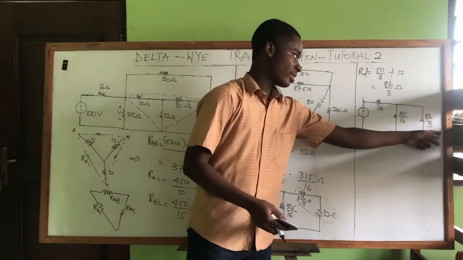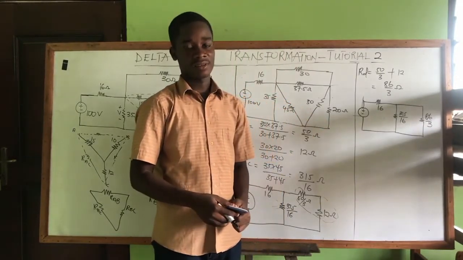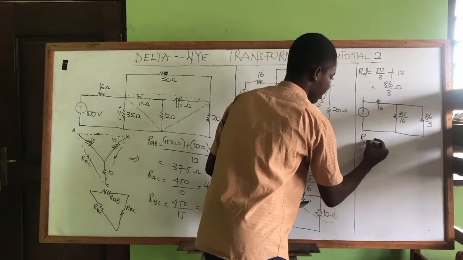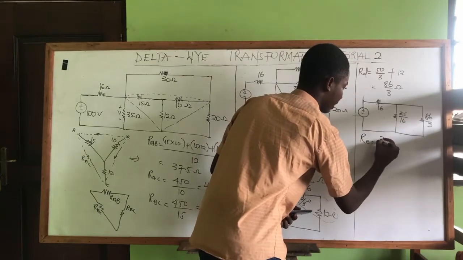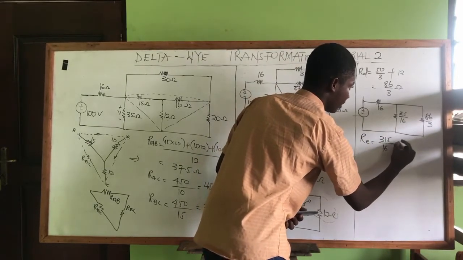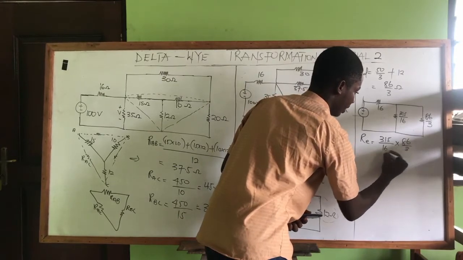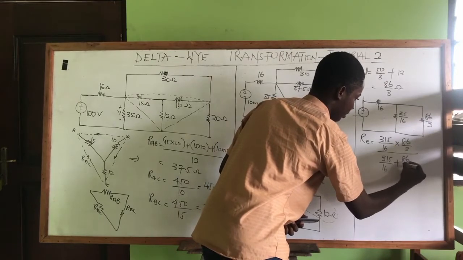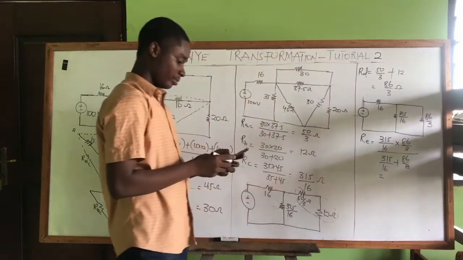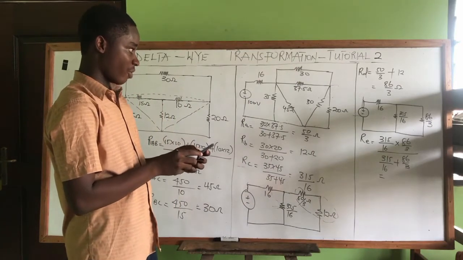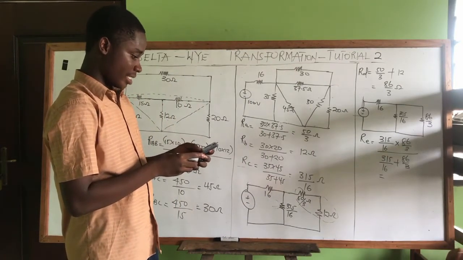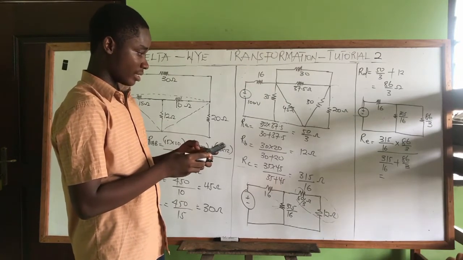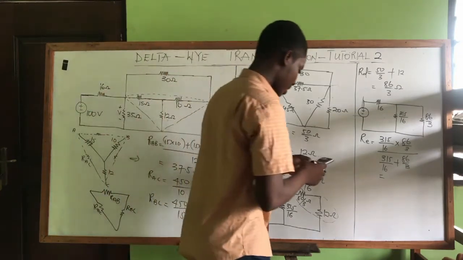You can now say this and that. They are in what connection? Parallel. So let's find its equivalent. Let's say RE. So RE is this and that in parallel. We have 315 over 16 by 86 over 3 over 315 on 16 plus 86 on 3, which gives us